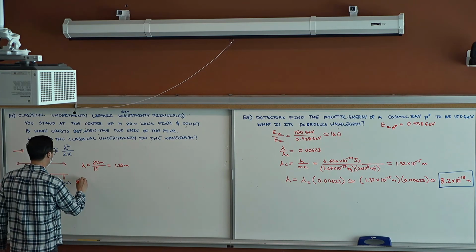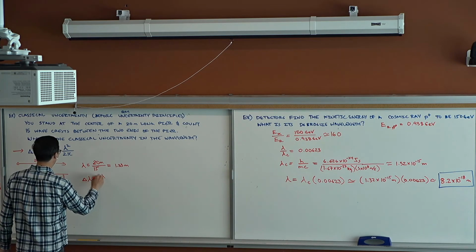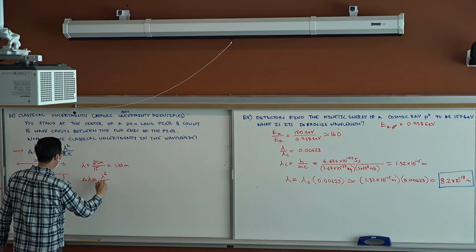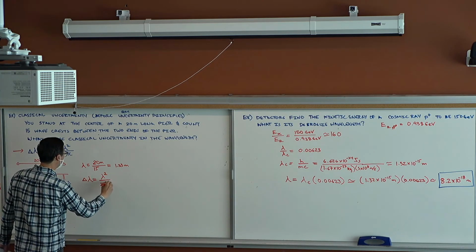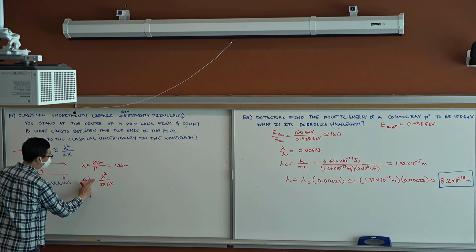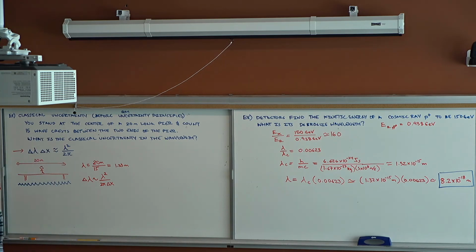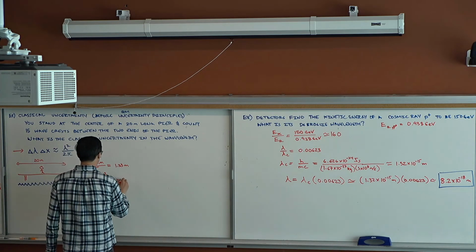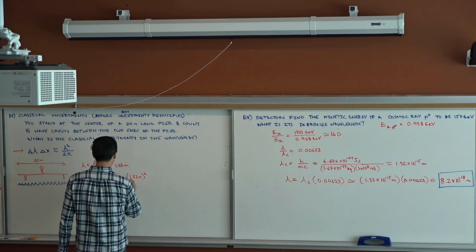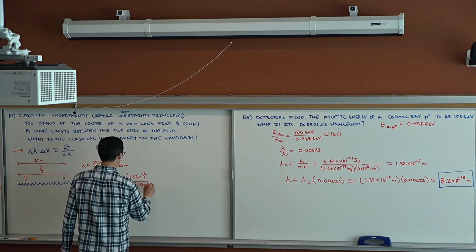So we could say that delta lambda, mimicking this equation, goes as lambda squared over 2 pi delta x, and I should keep that as squiggly equals. So if we go with 1.33 meters squared over 2 pi times 20 meters,